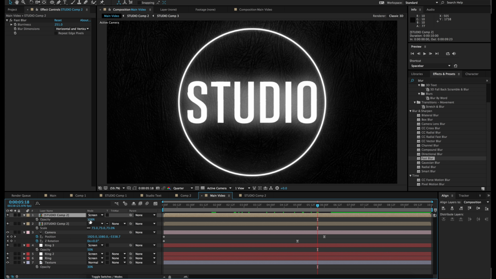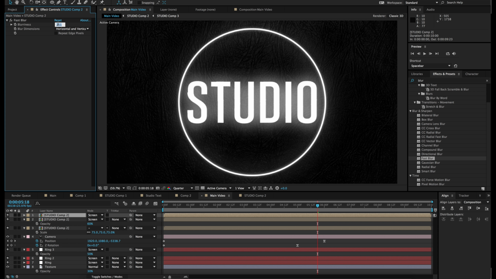There we go. I'm just gonna decrease the opacity lower just so it's not super bright. And yeah, this is looking nice. I'm gonna once again duplicate the studio and just bring down the blurriness, so maybe like 60%. And once again bring down the opacity to maybe 30, just to give it a nice little edge, as you can see over here. So now that we have all these layers, we have the animation, we have the lighting,